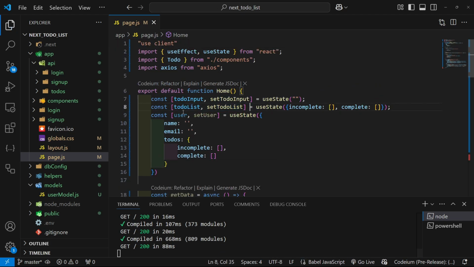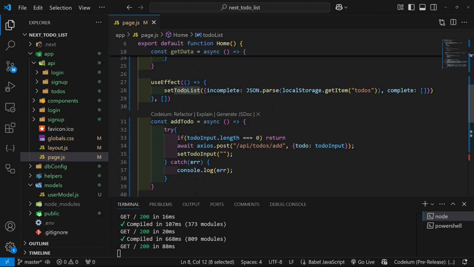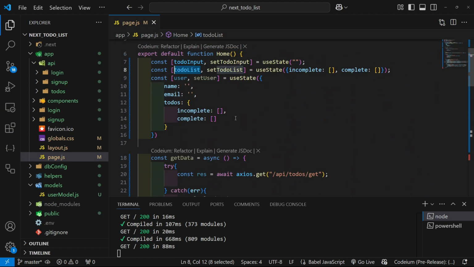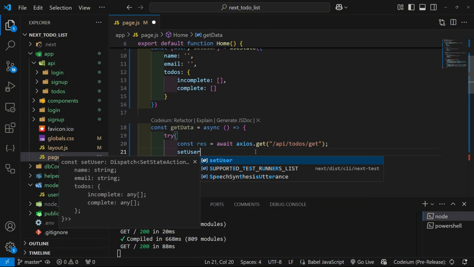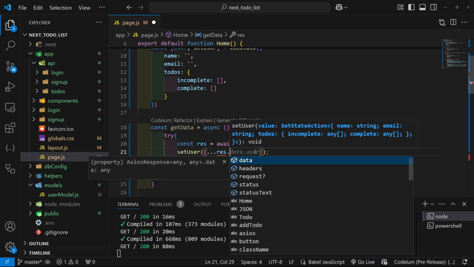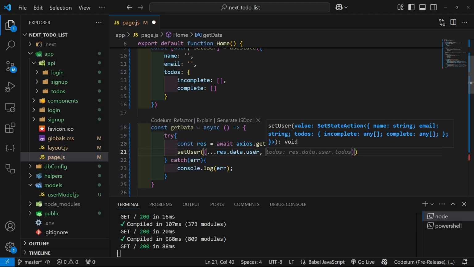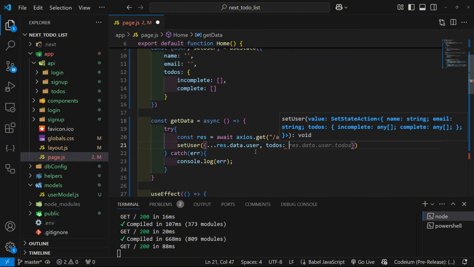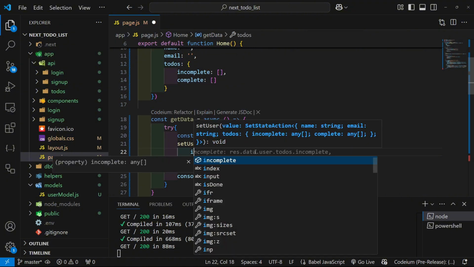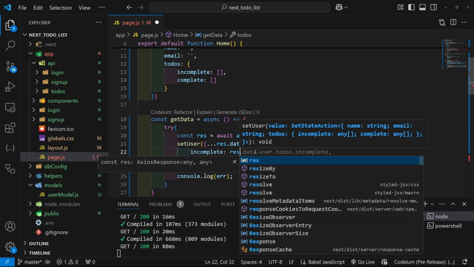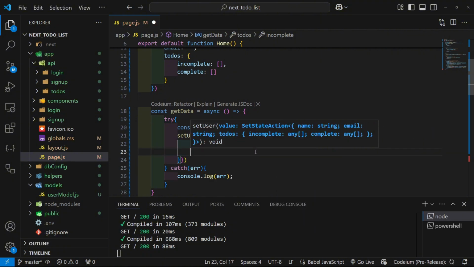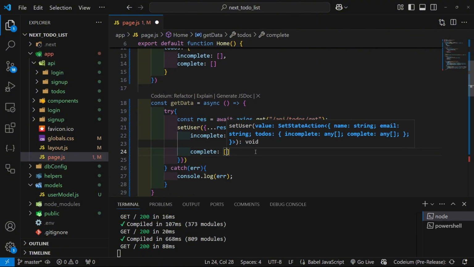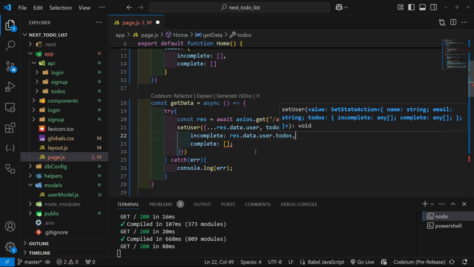And now we should be able to remove the to-do list, but let's see where we're actually using it. So of course, we're using it here, right over here. So there's a lot of stuff that we have to fix. But first of all, what we're going to do is go in here and we're going to set user right over here. We're going to set this to response.data.user. But then for the to-dos, that's going to be a lot different. So right over here, incomplete will be set to response.data.user.todos, just like that. And then complete will just be blank, or actually we can set this to